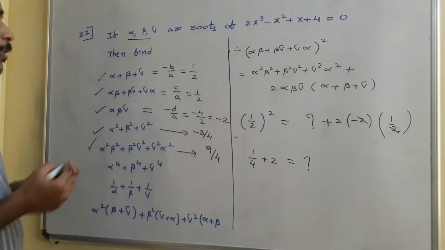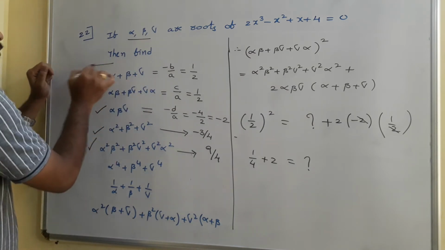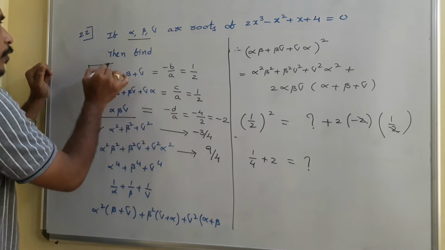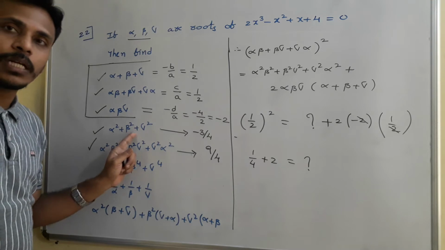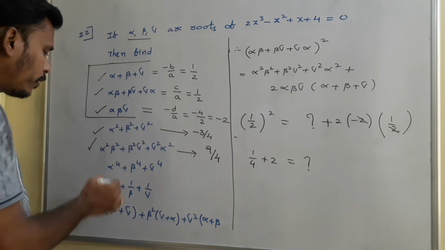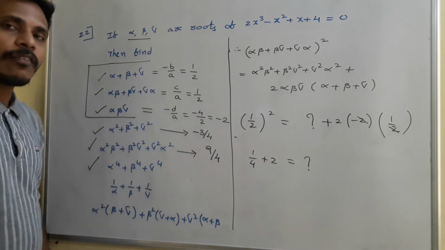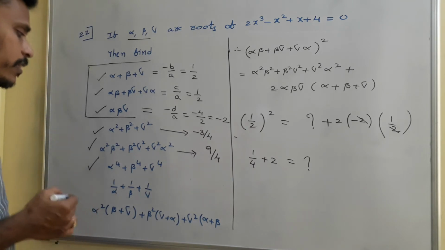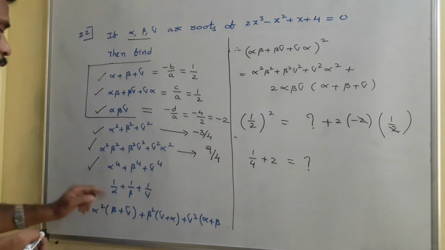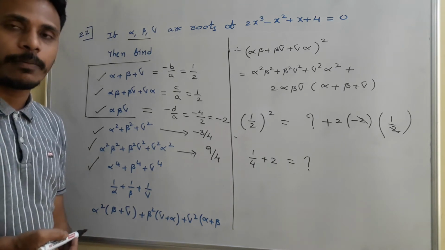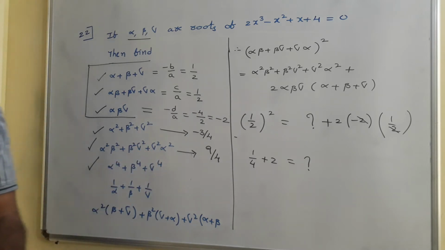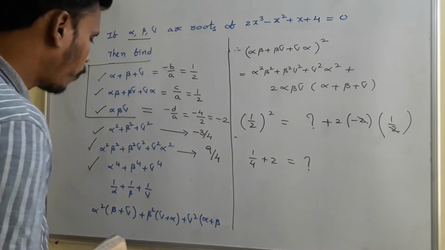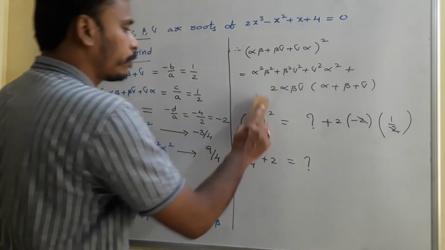So this is alpha plus beta plus gamma. These three are just by the relation between the roots and the coefficients. Using these three, we are finding every value: alpha square, beta square, gamma square, like this. Then think about alpha power 4 plus beta power 4 plus gamma power 4, and then think about 1 by alpha plus 1 by beta plus 1 by gamma. Likewise, one by one we need to find. I am erasing this. You just have a screenshot and I will discuss alpha power 4 plus beta power 4 plus gamma power 4.